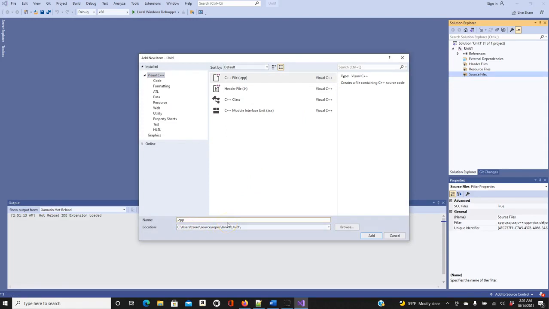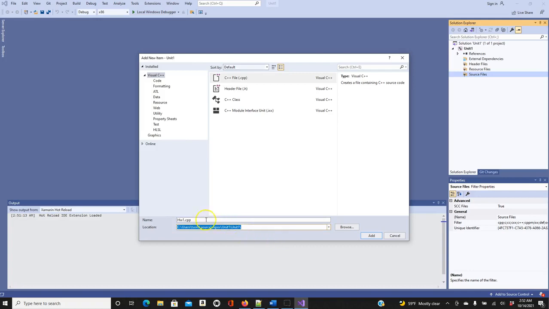So if it's homework, homework 1 .cpp, CPP means C++. So basically this one is going to be inside here, unit 1. It doesn't matter. Okay, depending, you can change this one here if you want, but it doesn't really matter. Okay, so your code is going to be in this location. This means that this file is going to be in this location.